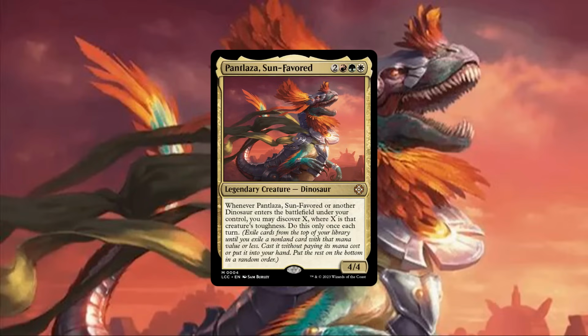Breaking down his core stats, Pantlaza is sporting a decently hefty CMC, a slightly below average stat block for his cost, and an ability that aims to turn our dinosaurs into 2 spells for the price of 1 whenever they enter the battlefield. Now, before we dive deeper into Pantlaza's ability, let's first take a closer look at the new